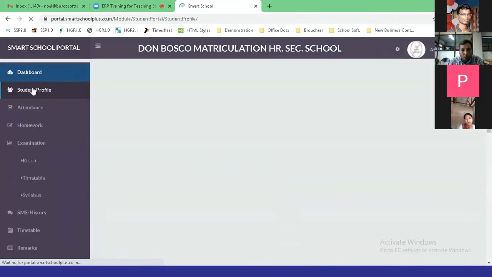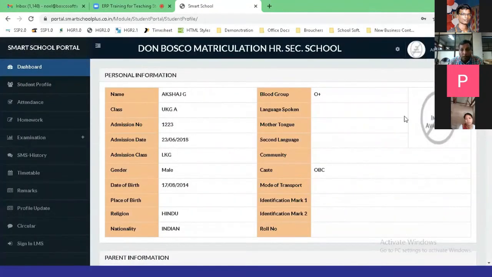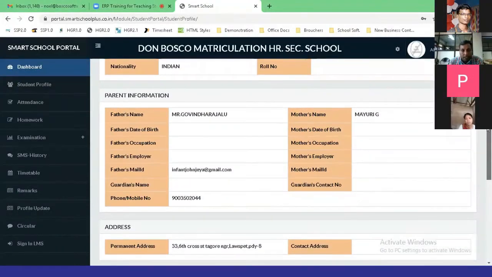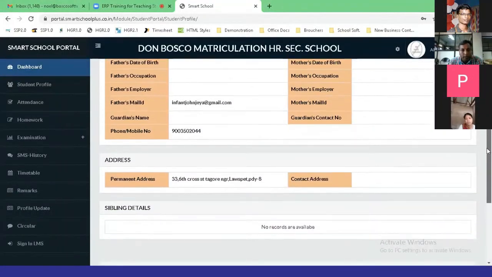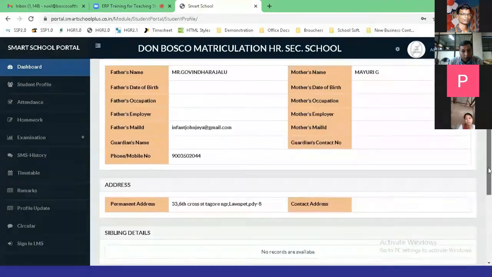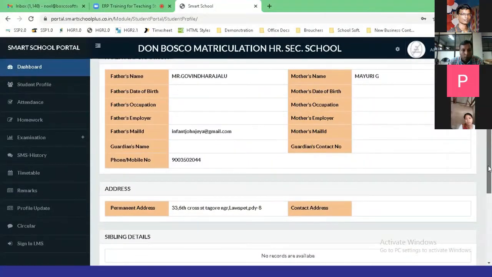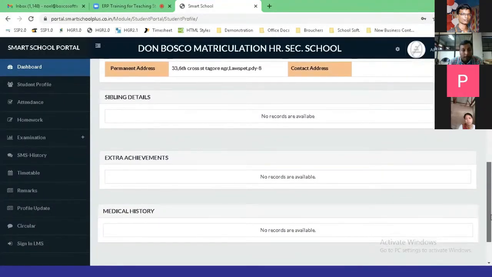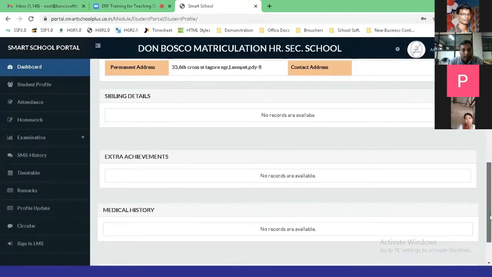As I told you, the parents can view the complete history, the complete details, the personal information of the particular individual student in depth here. If suppose there is a mistake or anything, they can very well inform the school that so and so information has been misspelled, or there is wrong info here. So they'll be able to tell what the problem is also. And here you will also have the sibling details, extracurricular activities, and achievements available.